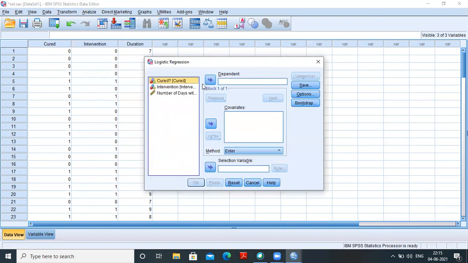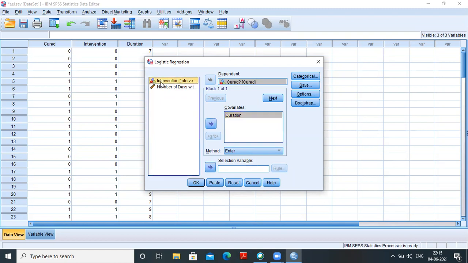You will click there. The dependent variable is cured, and number of days is your independent variable, the covariate, right? Because it is a scale variable, you are taking duration here as a covariate. Then for the categorical variable, you can click here.